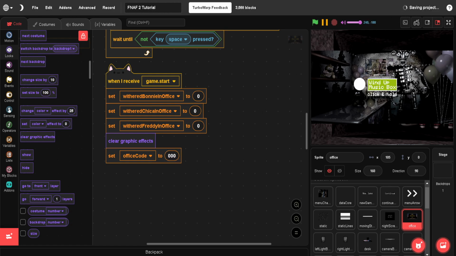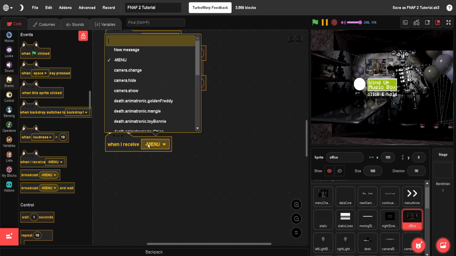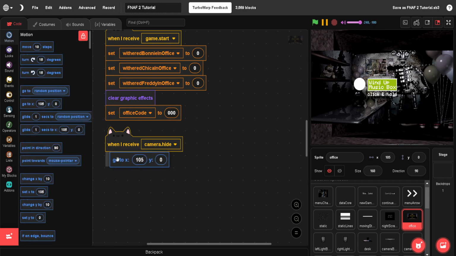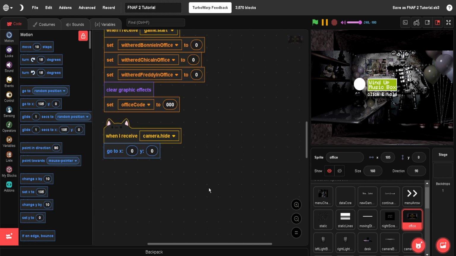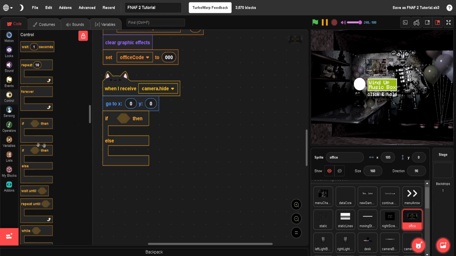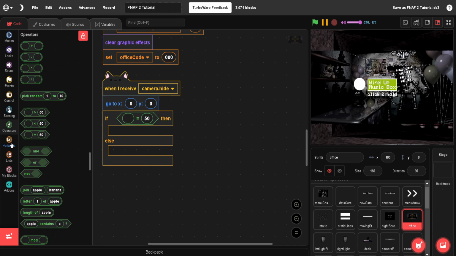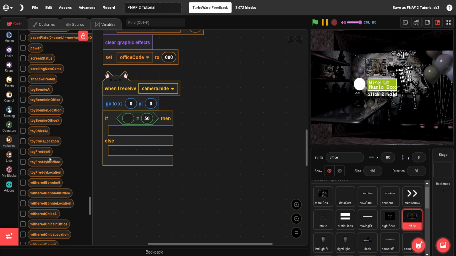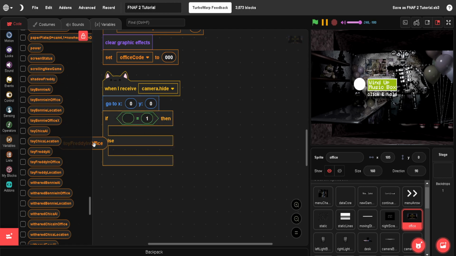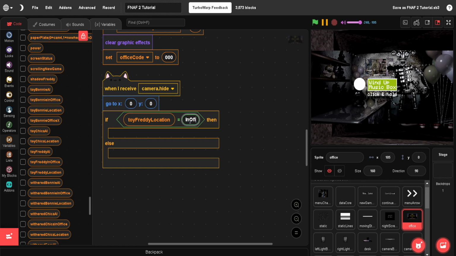There we go. We will grab a when I receive and type in camera hide for when the characters are in our office. Setting up the attacks here. Make the office go to 0 when the camera is hidden and it starts at the middle. Grab an if else statement. Say equals, and we'll start with Toy Freddy. So if Toy Freddy location equals in office,